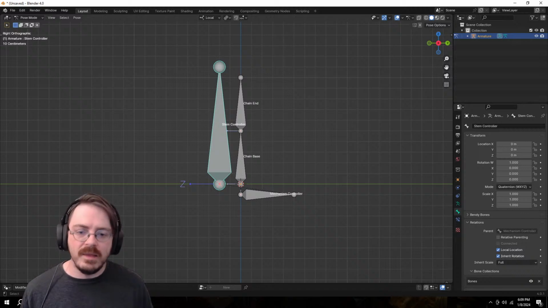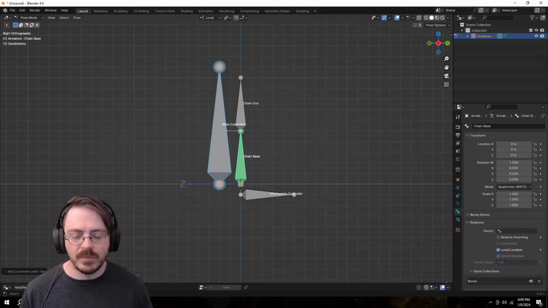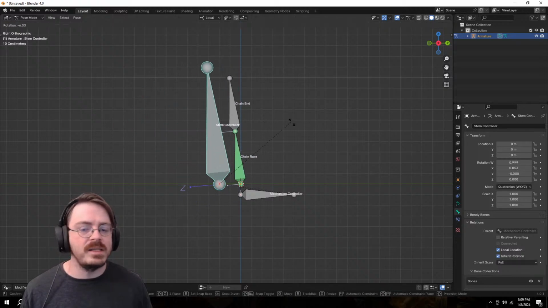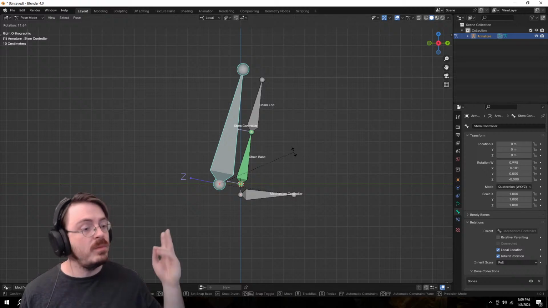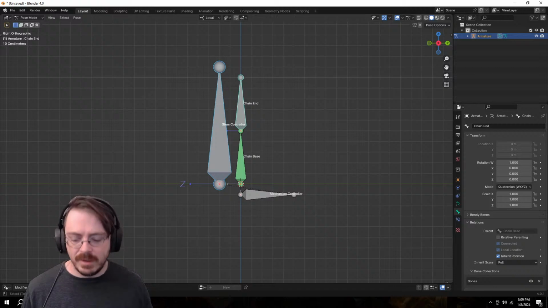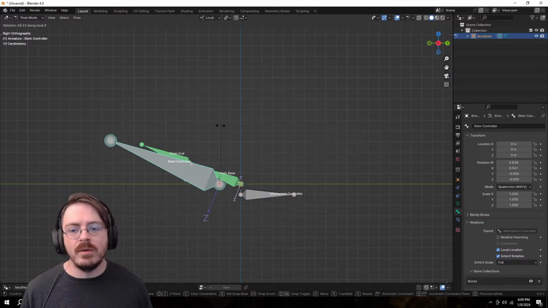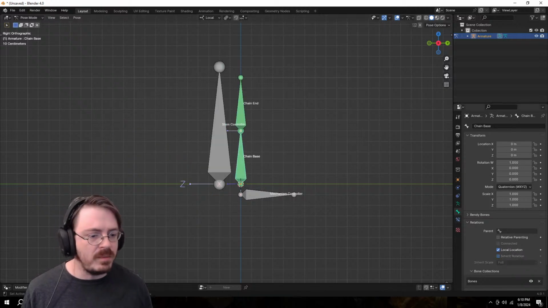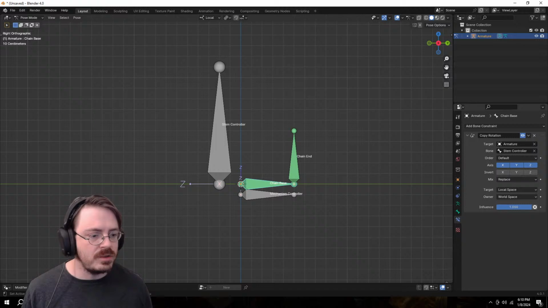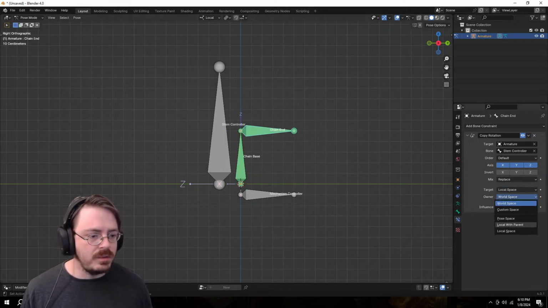And then the way this guy works is in pose mode. You do have to apply these things in pose mode. So I'm going to select this, I'm going to select that, and I'm going to do copy rotation. Right, so now if I move this, we see that the two bones on the other side sort of follow along. The thing is that you can take this, and you can do copy rotation on top of this as well. And what happens now is, these would probably need to be both in local space is the issue here. So local to local and local to local.